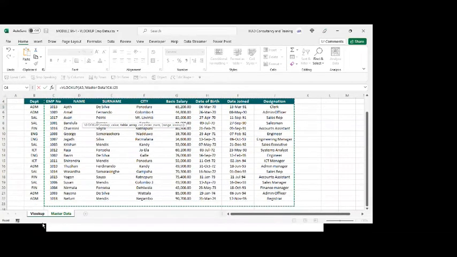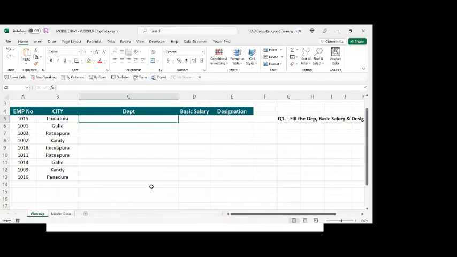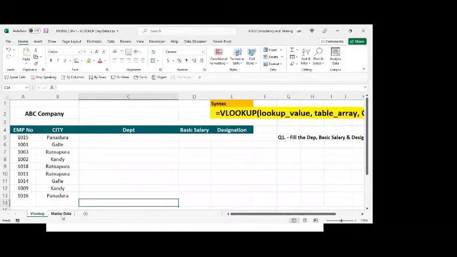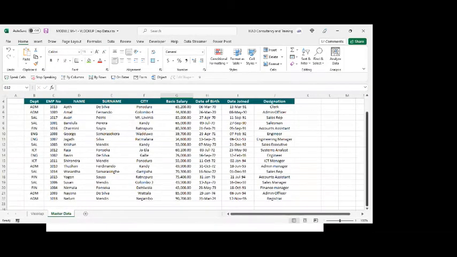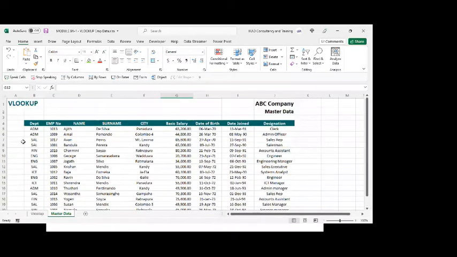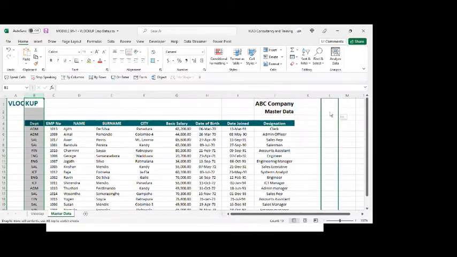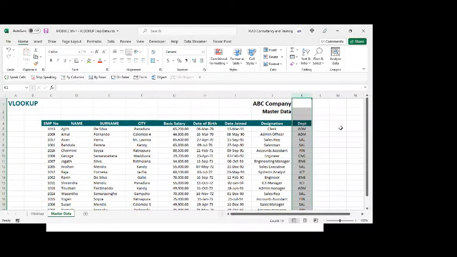So therefore, cancel this. First thing you should do is make sure that the department on this one is on the right side of the employee number. You can select this. Maybe you can drag it up to here. Or cut and paste, whatever you want. Somehow you get it here. Now you can get the department. Right?